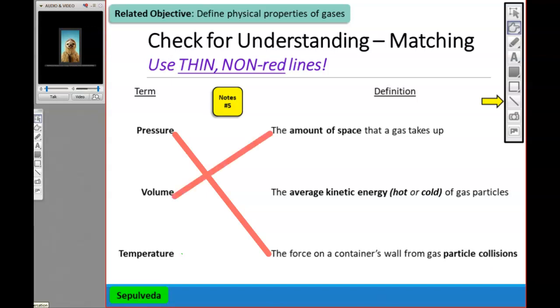Now, it can change volumes, obviously. If I had a big cup and I put gas into the large cup, just like the Harry Potter example, you can't stick all of Harry Potter's friends in that cupboard underneath the stairs. They're not going to be able to move. They won't be able to sit. But you could stick them all in Hogwarts, and there'd be a big old space for them to move around in. Temperature is the average kinetic energy, hot or cold, of gas particles.